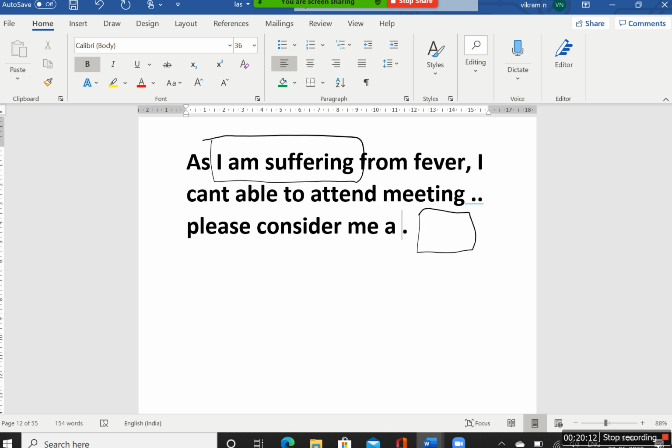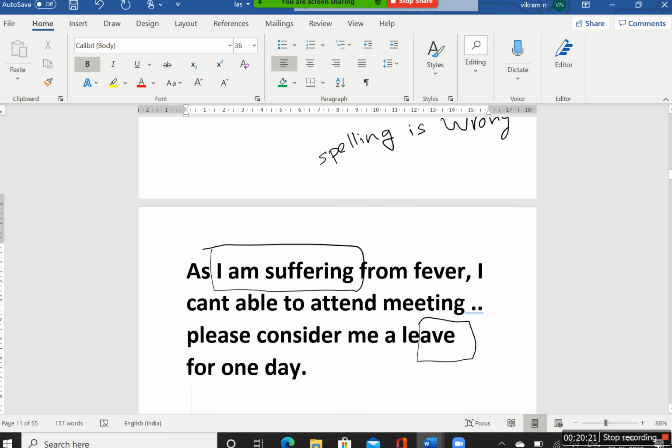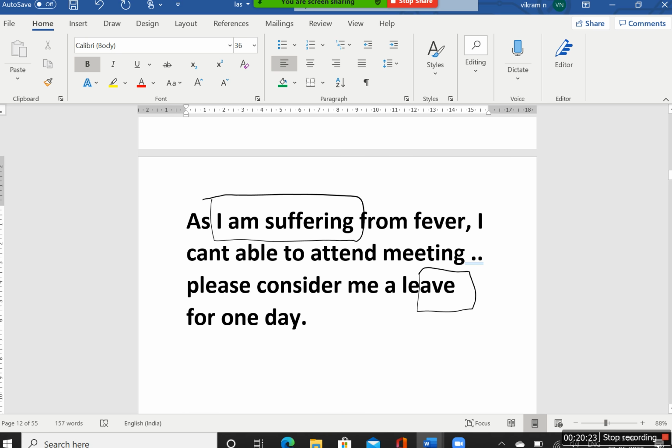Please consider me a leave for 1 day. Yeah, now you see that this whole text is spelling free. Spelling is very good. Before, it was highlighted with red color marks. Now it's ignored because this document is a fully error free document.